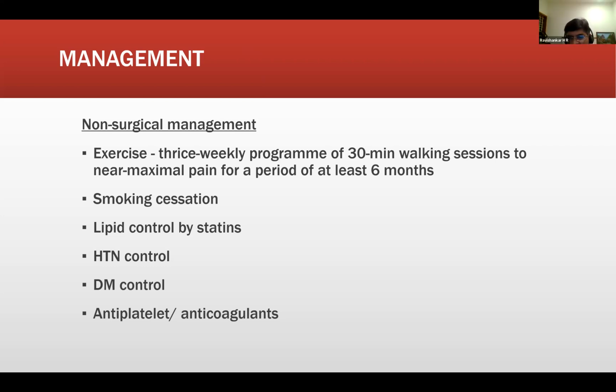Why do you think it's helpful? Vasodilation at least. What is the mechanism of action? It inhibits phosphodiesterase and leads to vasodilation. Okay. So it is helpful in patients with symptomatic claudication. Obviously claudication is a symptom anyway. So not in asymptomatic patients, but in symptomatic peripheral vascular disease, it is helpful.